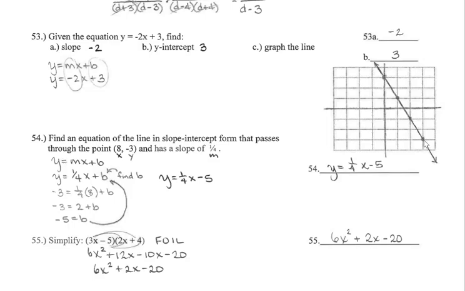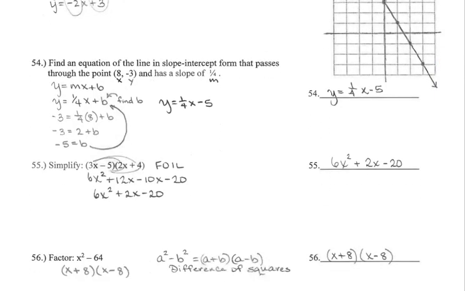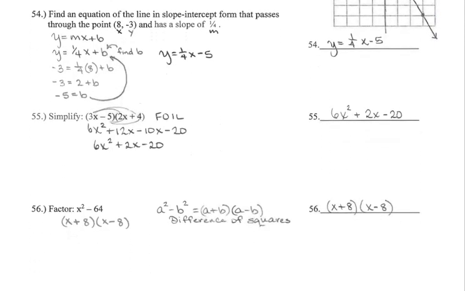Now, if you'd rather, you can just make an XY chart, right? So you could go through and plug in 0 and you'd get 3. Plug in 1, you'd get 1. Plug in 2, you'd get negative 1. Like, that's perfectly fine as well. So whatever you prefer. All right, then for 54, they asked us to find the equation of a line in